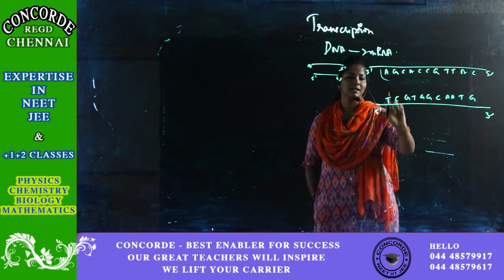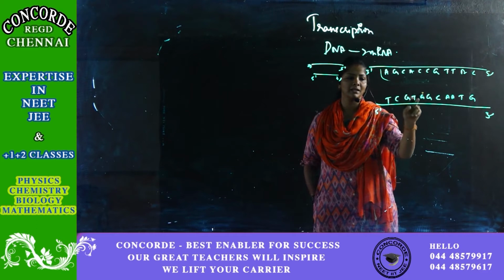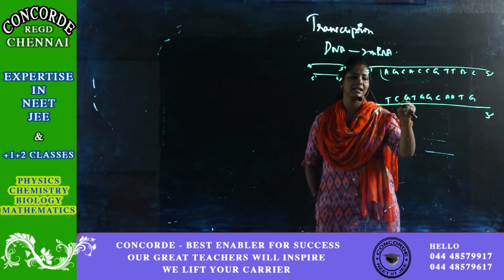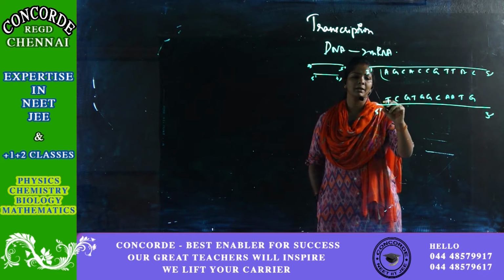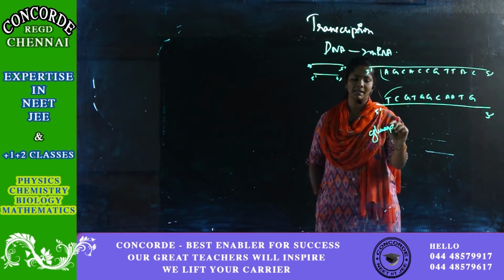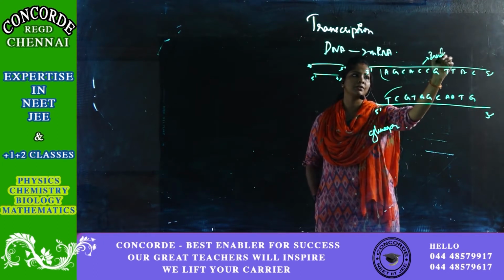So this strand is only complementary to this strand. It doesn't mean that this should also code for insulin. So see, if you see T, C, G, T, this is only complementary to this. This might code for some other protein, that is nothing but, say, glucagon. This is just an example. This codes for your insulin and this codes for your glucagon.